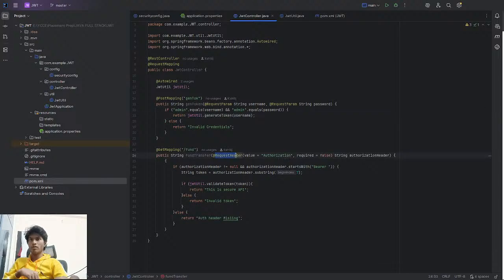Do we need to do this on every API? I guess yes. So for the generate token part,